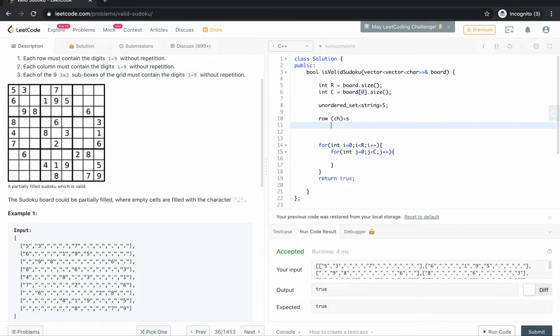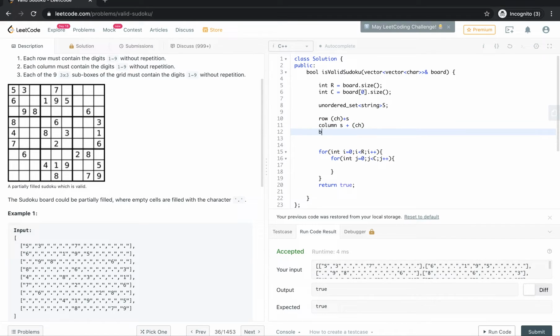For columns, we'll have the initial string first and then we'll append the character. For boxes, we'll have the initial string plus the character plus the initial string.